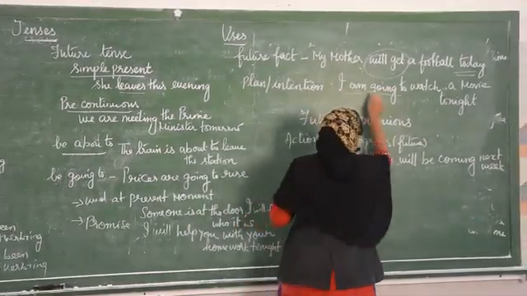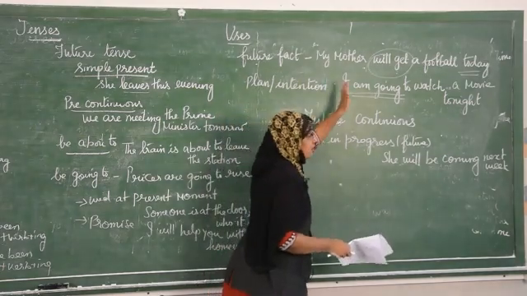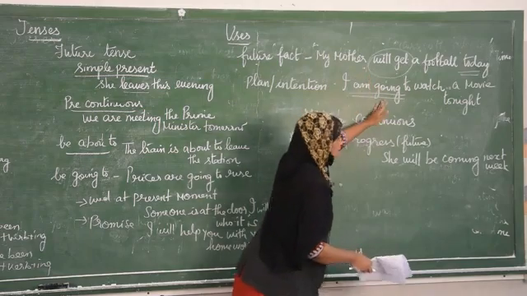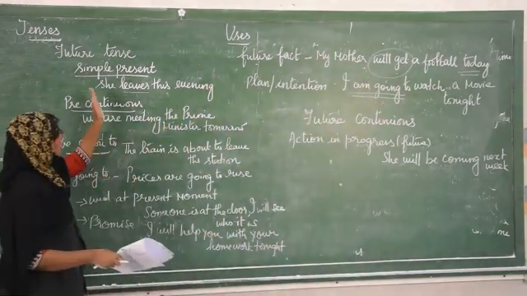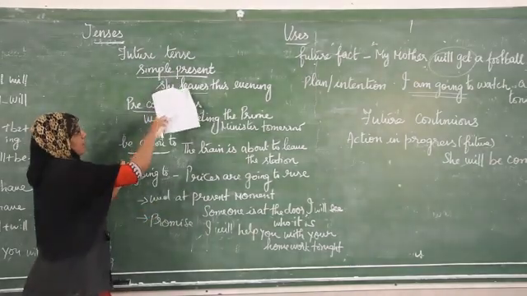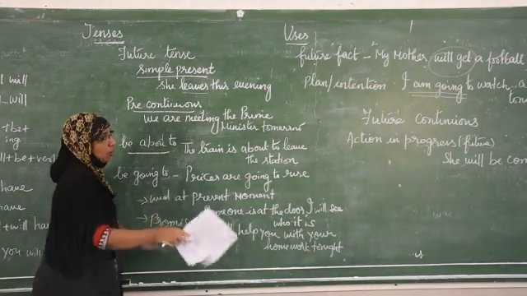So, I am going to watch a movie tonight. Here, I am going, again it is present continuous tense, but still the action has not taken place. It is going to take place in the future. So this simple future tense refers to an action that's going to take place in the future. Either it will be in present form, present continuous form, or it will have the will or shall form.